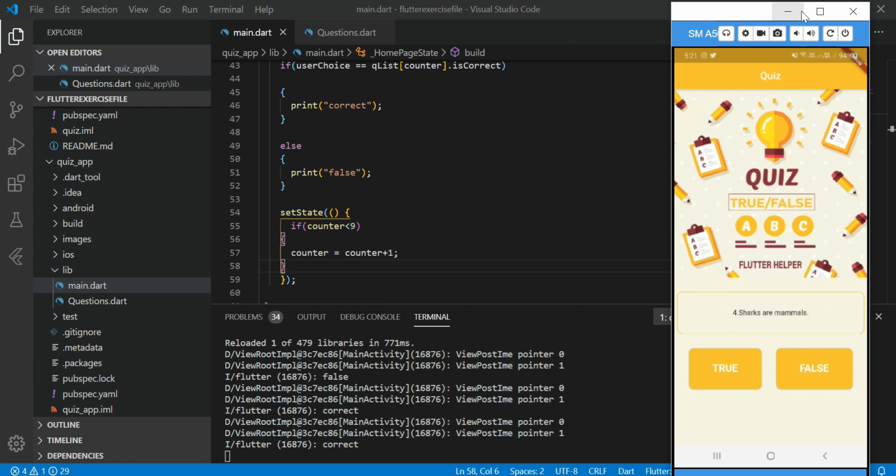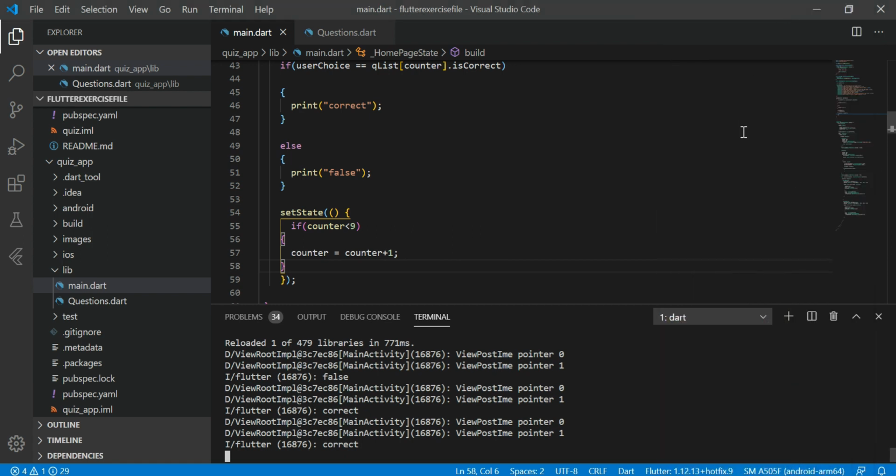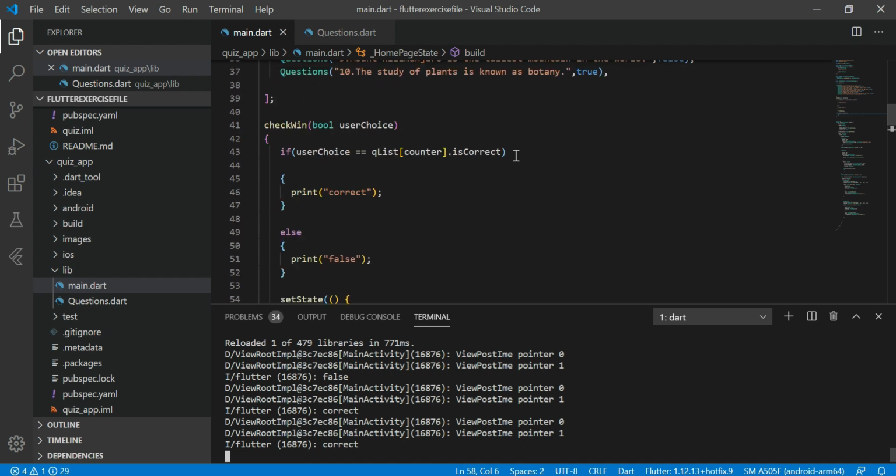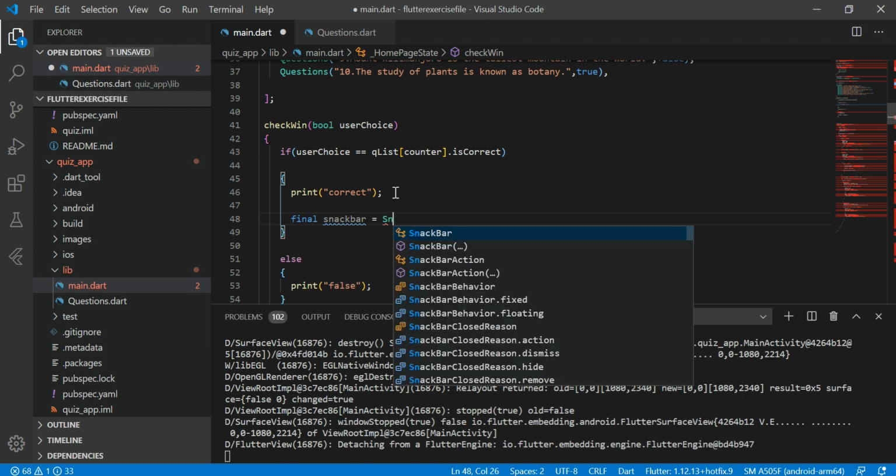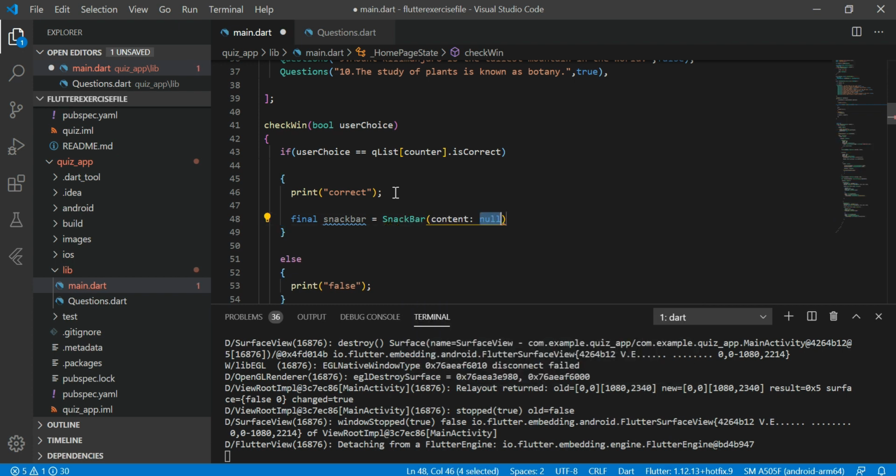So now let's add a snack bar to our application. This is how you will implement a snack bar in Flutter.